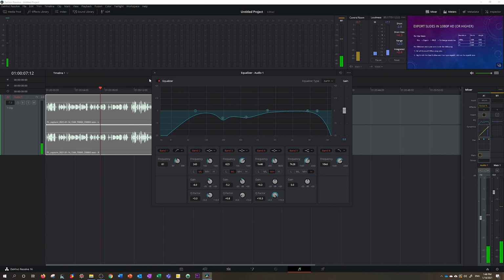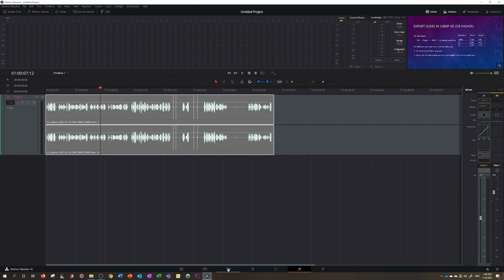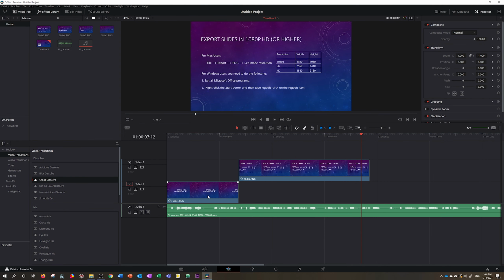So you'll hear that we've pulled out that sort of vibrating resonant frequency and cleaned up the audio so that it's a lot easier to listen to. You're now ready to start cutting up the audio for your video. I recommend doing all of the audio processing with the whole file so that you don't need to add the EQ to each clip. You can just process the whole thing and then go in and cut up your audio